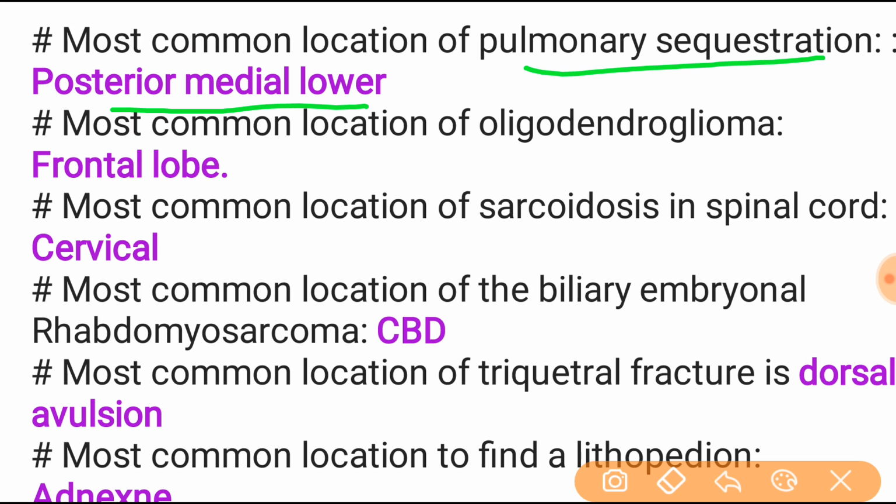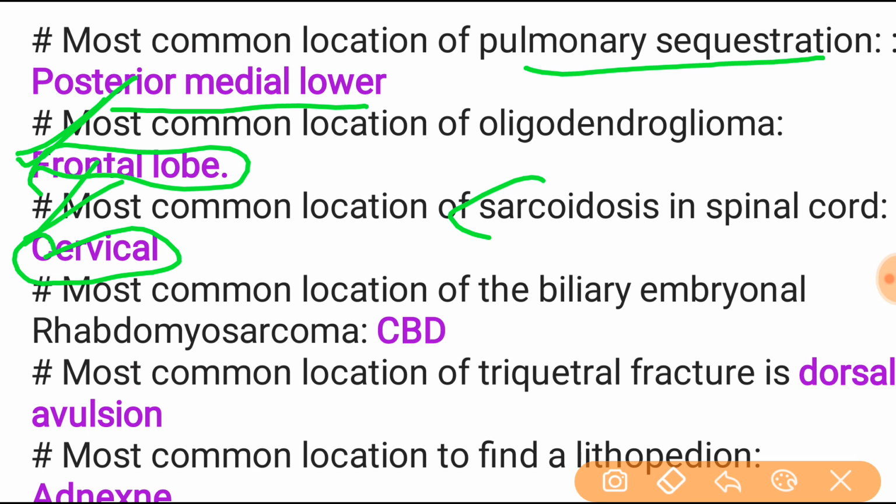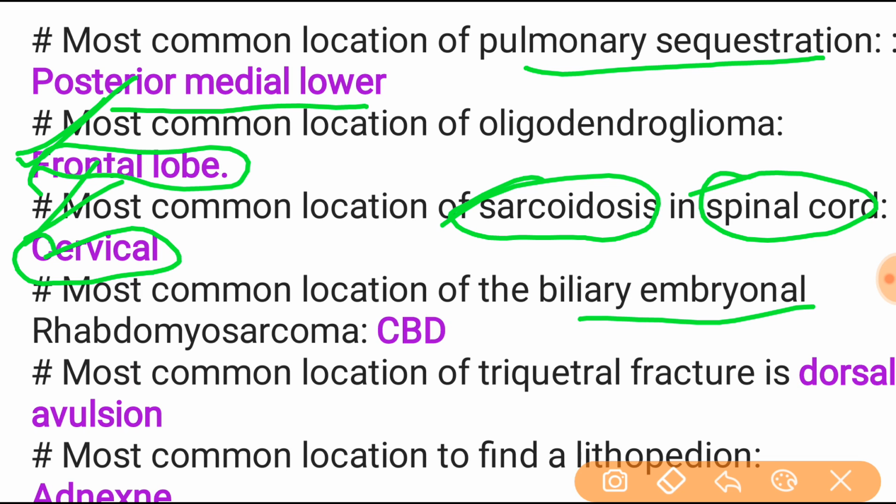The most common location of the oligodendroglioma will be the frontal lobe. This is also important. Most common location of the sarcoidosis in spinal cord, cervical, most important, and sarcoidosis is also important. The spinal cord, you have to remember the structure of a spinal cord, ascending and descending tracts, all things you have to remember so that you can't miss. The most common location of the biliary embryonal rhabdomyosarcoma